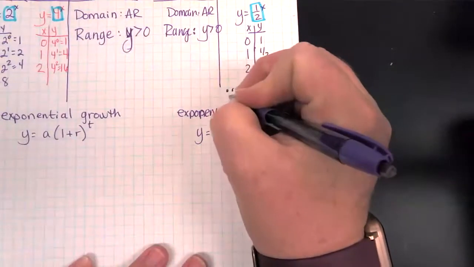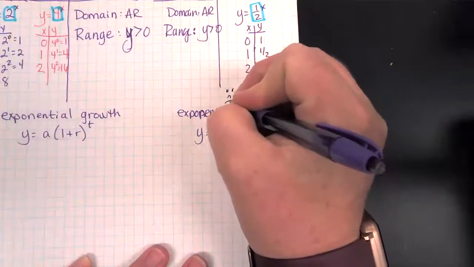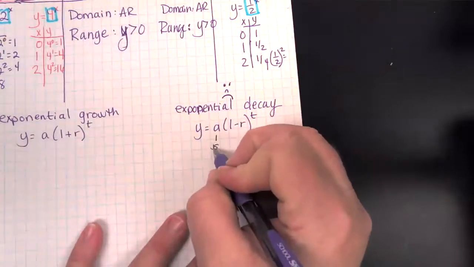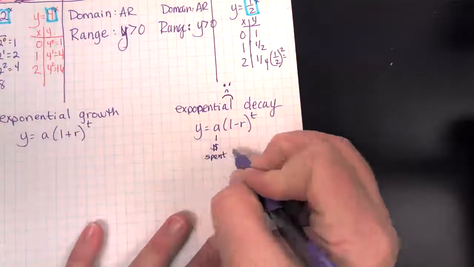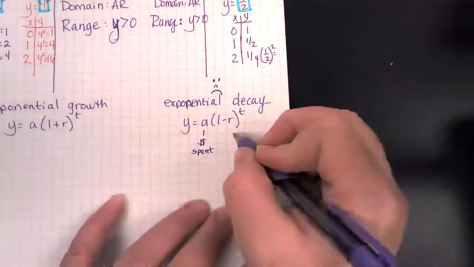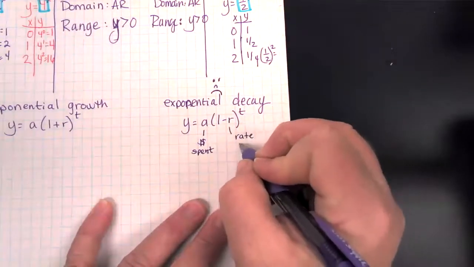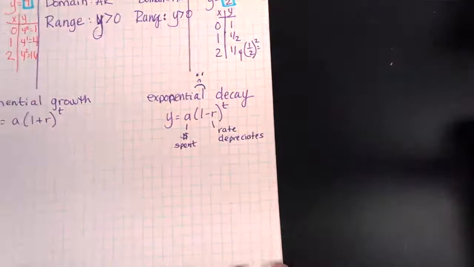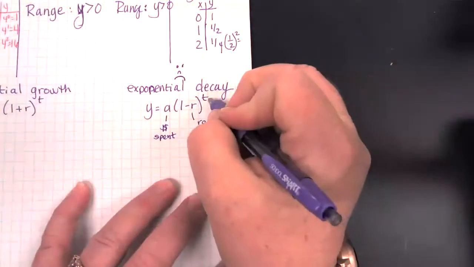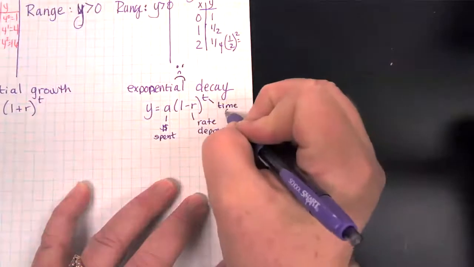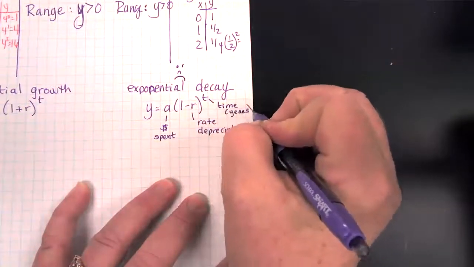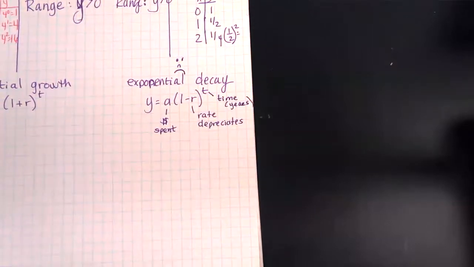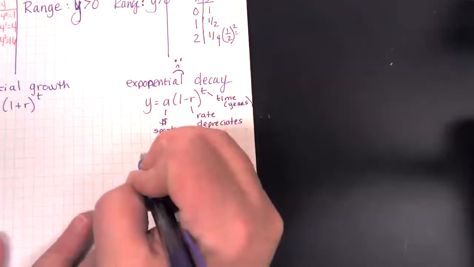Just because, sad face, this is about you losing money, okay? Decay. So this is the amount of money that you spent on an item. This is the rate at which it depreciates. So if you ever hear that word about depreciation, that's what we're talking about. And t stands for time, and in depreciation, it's usually in years. So let's take, for example, a